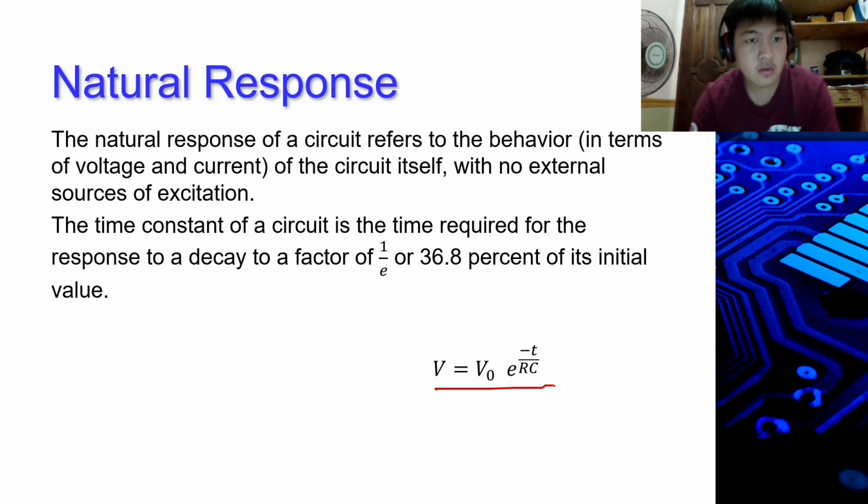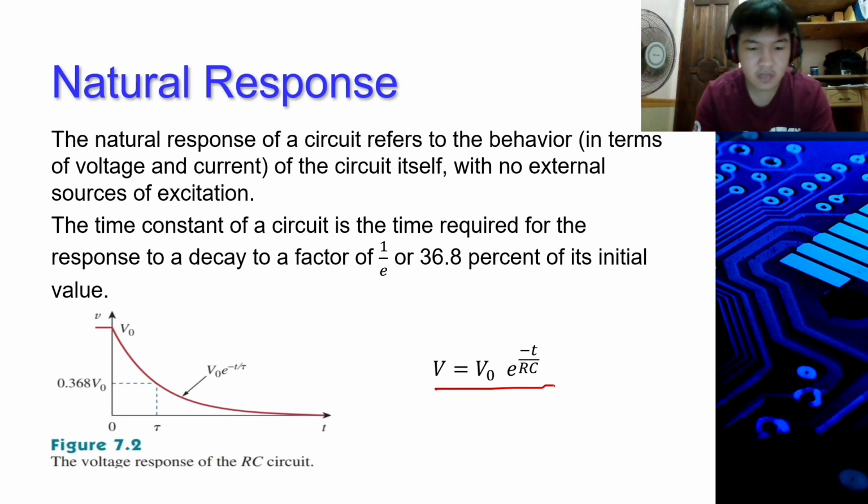So the natural response of a circuit refers to the behavior, in terms of voltage and current, of the circuit itself with no external sources of excitation. So if we graph the response, here is its waveform. As you notice, an exponential decay from the initial voltage